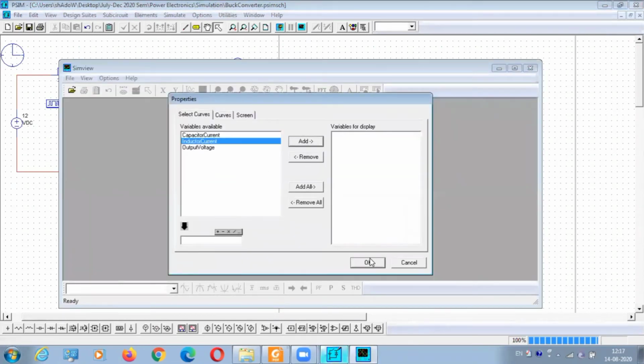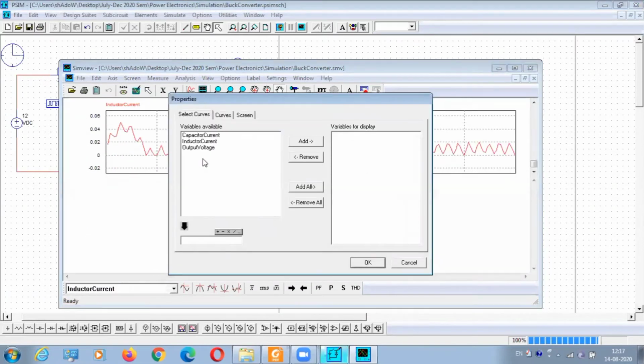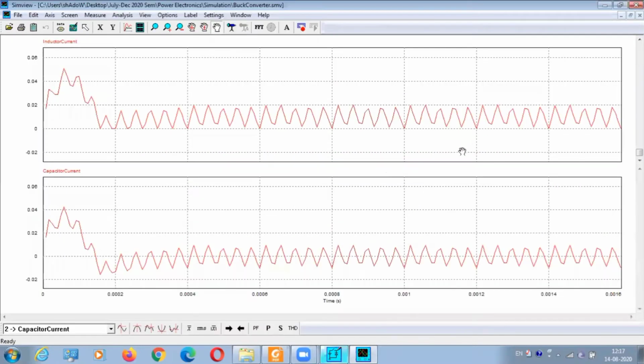Next, we can check the inductor currents. And I'll add the capacitor current also at the same time, so that you can understand very easily. Now you see your inductor current. Again, don't go after the nature of the waveform. It will be like this shape only because of the values I'm choosing. If you change the values, waveforms will go on changing. You just understand what is happening.